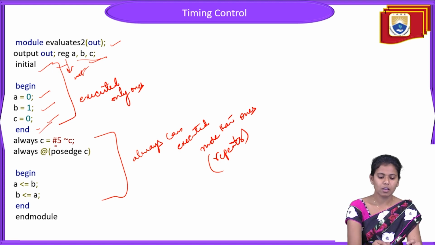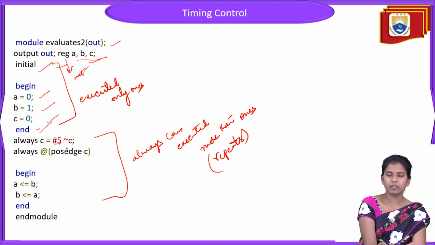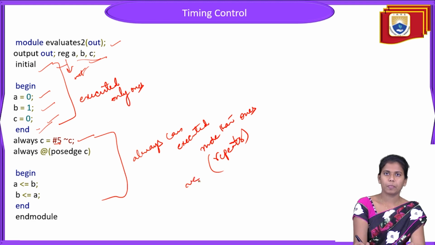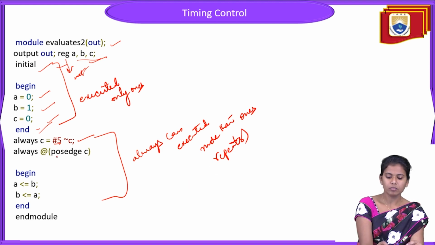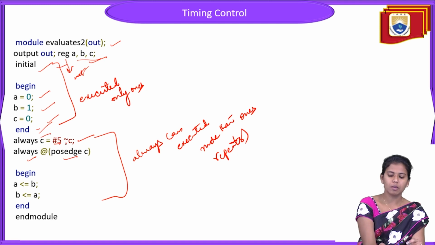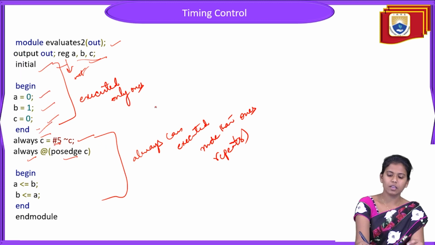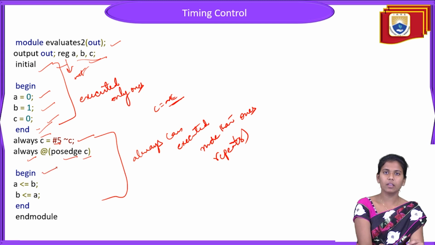Coming to the always block: always at the positive edge of C. Here, for this particular input C, I have a delay of 5 nanoseconds, and the output for C is the negation of C. So for this, the positive edge clock I'm applying with respect to the C input, and begin